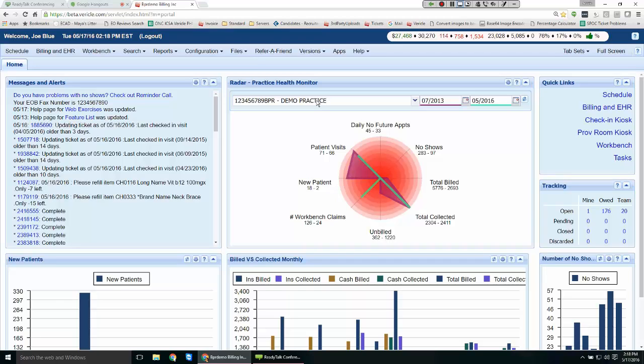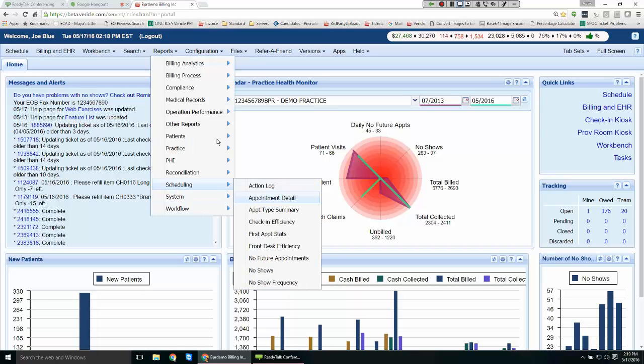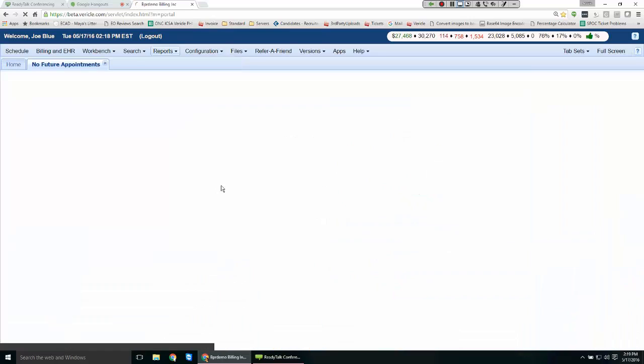Perfect. So head over to Reports and Scheduling, please. Perhaps we should call this retention. So there are a couple of things that we want to show you here, three in particular. You've got your no-show report. You've got your patients with no future appointments. If you click on the no future appointments one for an example,